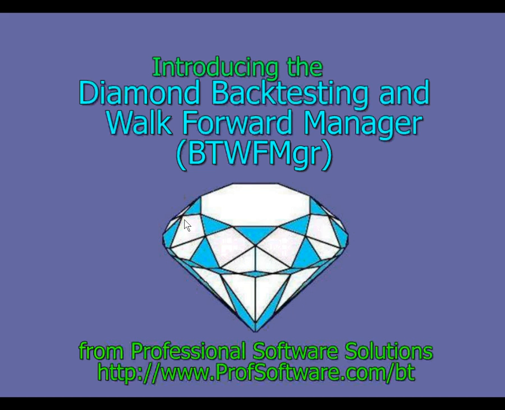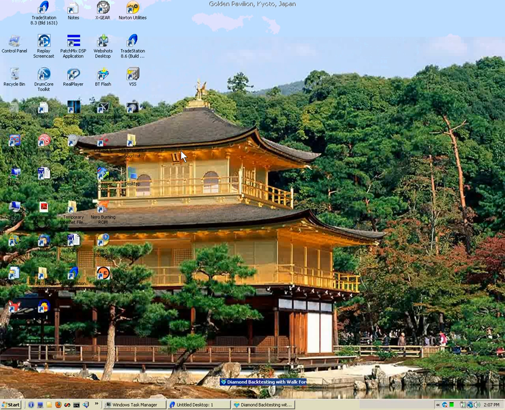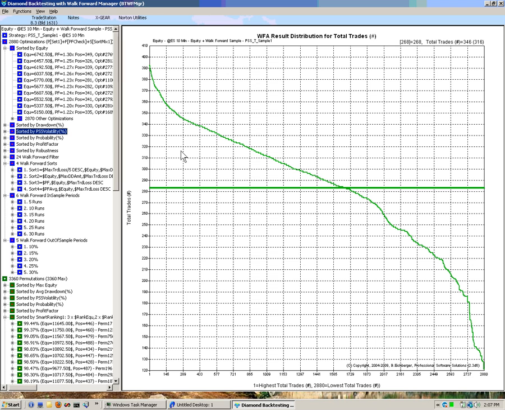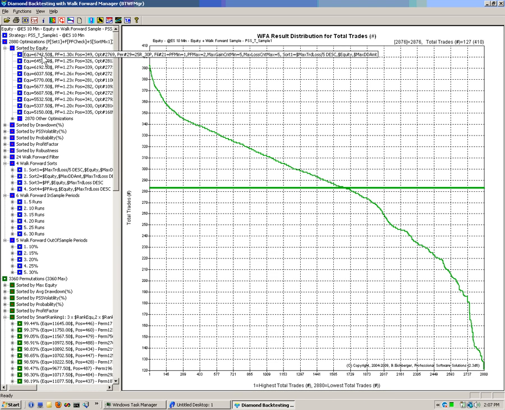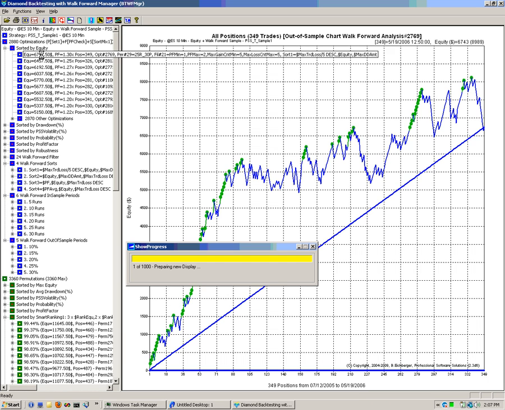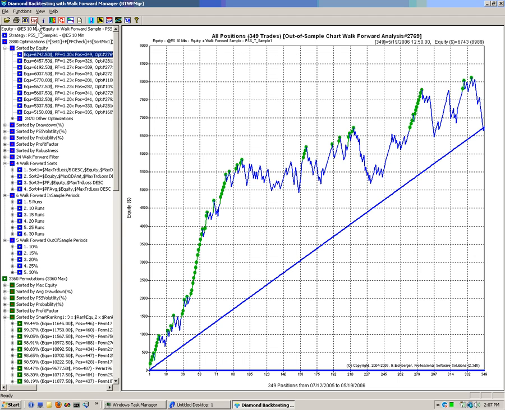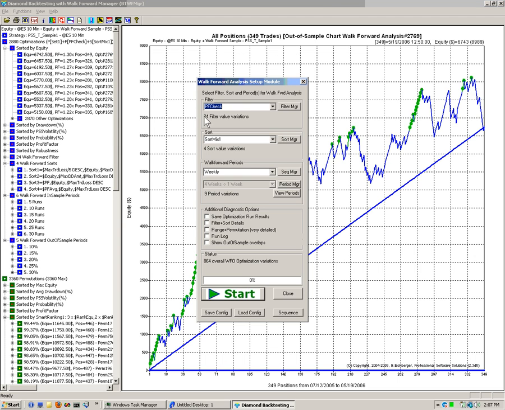In this segment today we will show you how to create or modify a walk forward filter. So we open the backtesting sample. As usual, here we have a list of our backtests. And then we click on optimizing, that's this little toolbar button, and the first segment in the walk forward analysis